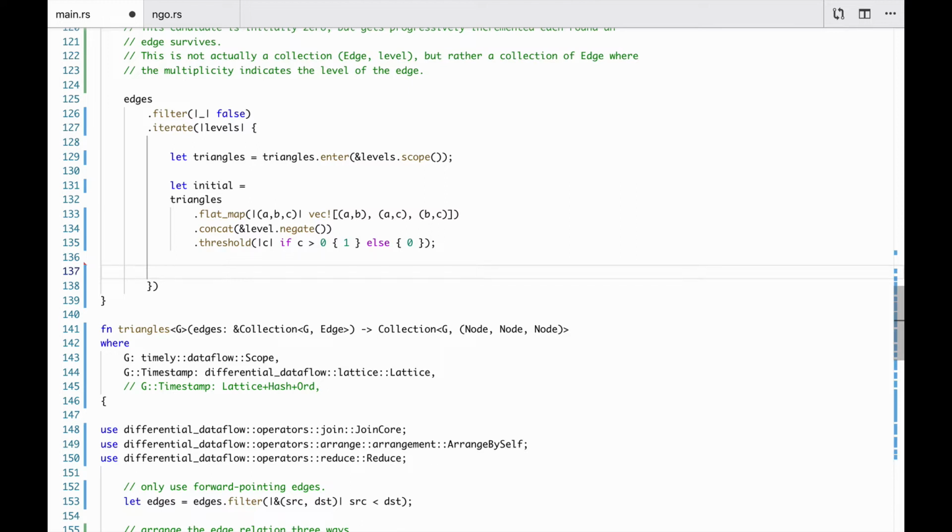And how are we going to do that? So we have our set of static triangles, and what we'll probably do is take our set of static triangles, do a semi-join with the set of edges, sort of like we did before. We did joins before, but do a bunch of semi-joins with the static set of triangles, and that will only pass triangles through that still have all of their edges present, and then we will hand out some scores,